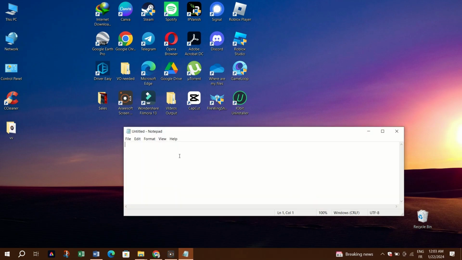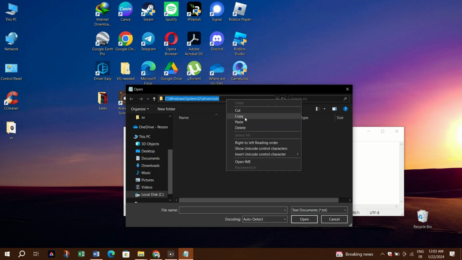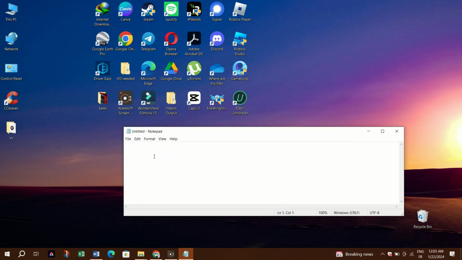2. In Notepad, go to File and open the path C, Windows, System32, Drivers, etc. 3. Scroll down to the bottom, copy the address, add a space, and type